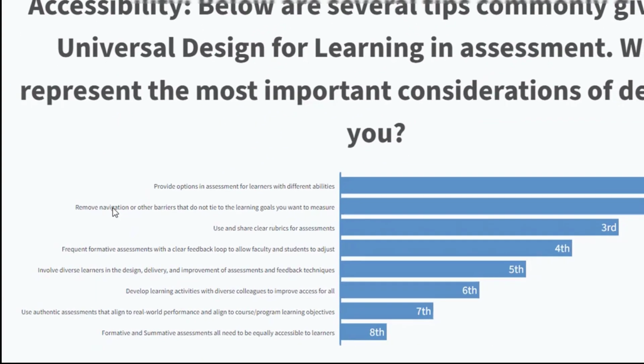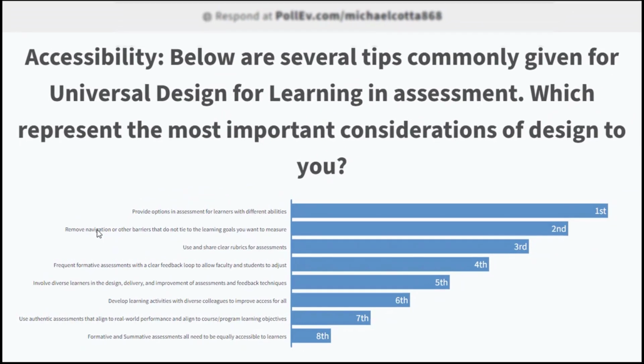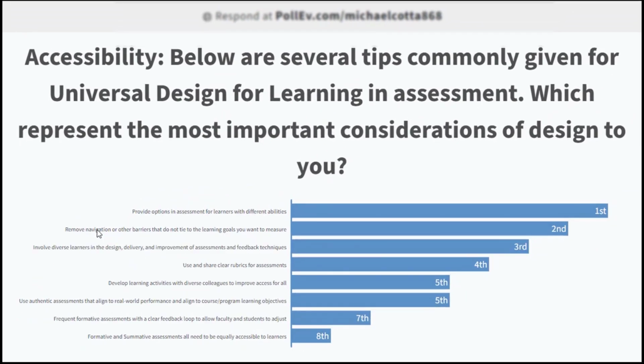I think somebody's jumping in there. Everybody get in there and move things around to re-rank these. So barriers, that kind of gets to what we call extrinsic cognitive load, things that get in the way of thinking or assessing. Using and sharing clear rubrics for assessment is one of the ways that we can maybe address